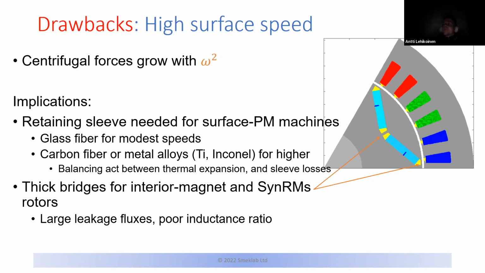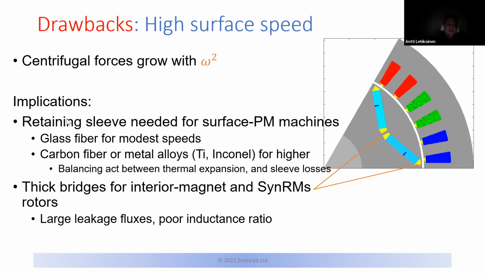So what are some of the drawbacks of high surface speed? Well, there are physical limitations. For instance, the centrifugal forces or stresses in the machine or in the rotor of the machine grow proportional to the speed squared, basically, meaning things get more and more difficult the higher you increase the speed. Meaning if you have a surface permanent magnet machine where the magnets are on the rotor surface, you can't hold them in position with simple glue alone,